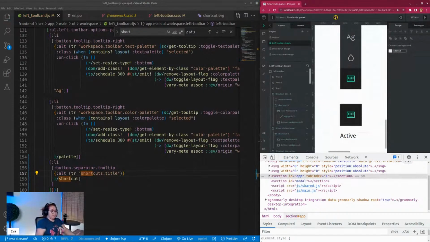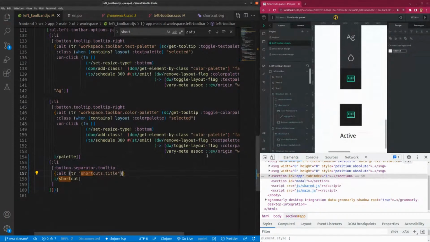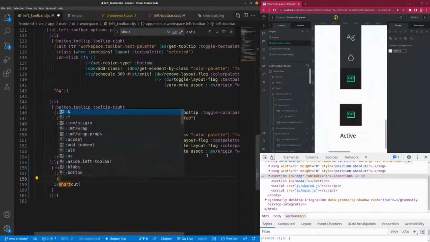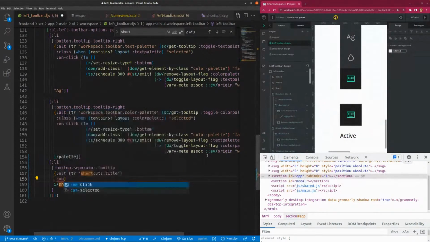Okay, so what we are going to do, as I told you at the beginning, is add an on-click event, and this is the on-click event. This on-click is going to be added to the property map as the alt content. So it will be on-click and the callback of this event. Okay, so first of all, I'm going to